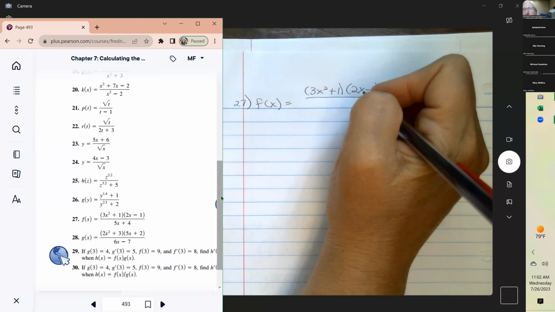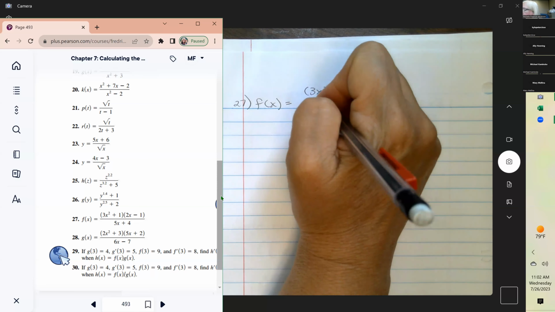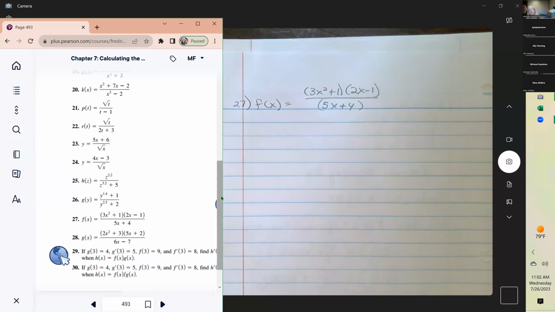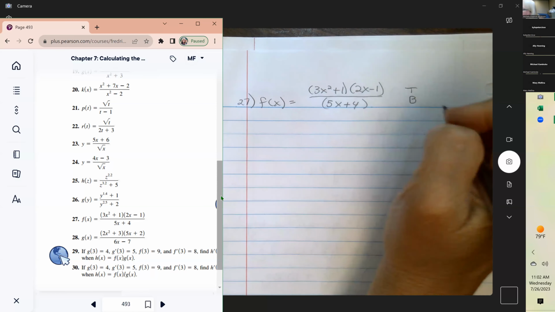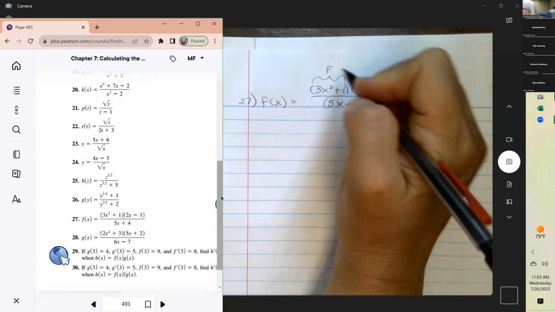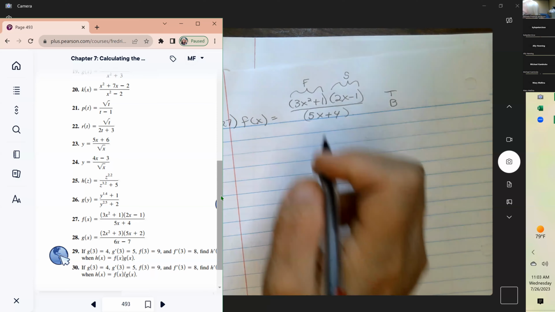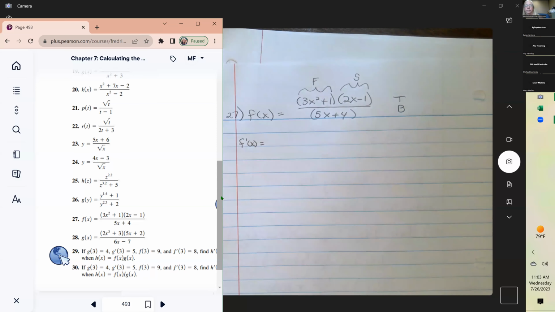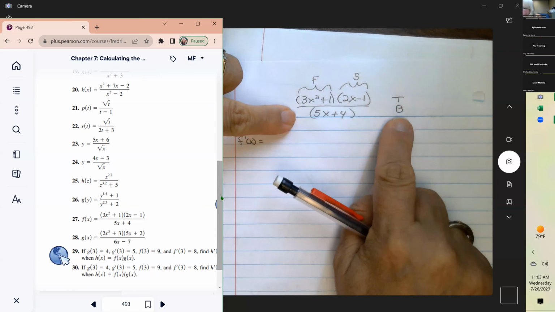On the test, I do not have one that has both in it at once. We're going to do top and bottom first. And when we do the top, we'll have a product rule first and second. Bottom